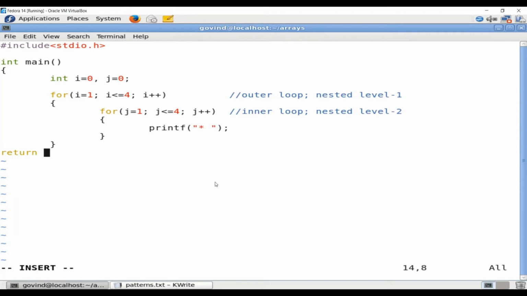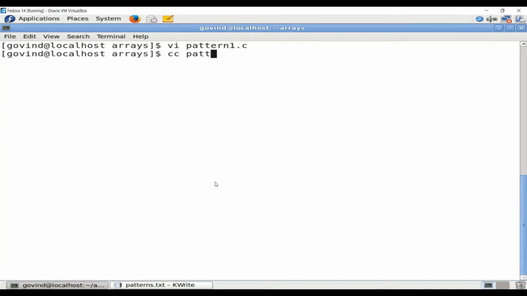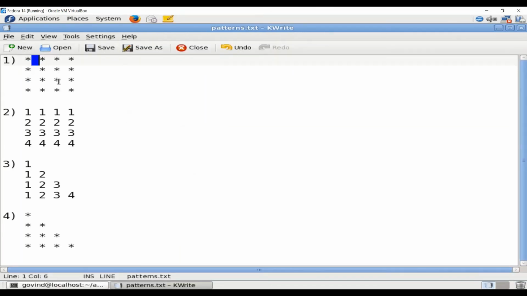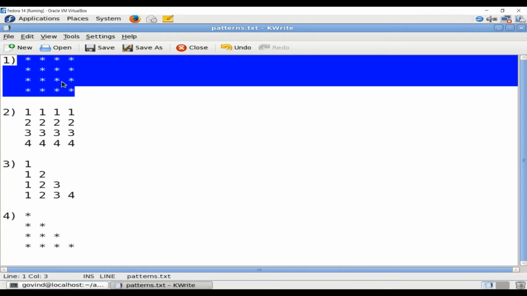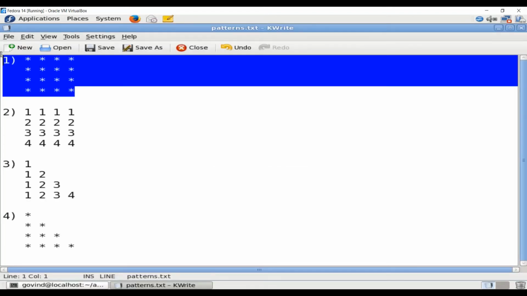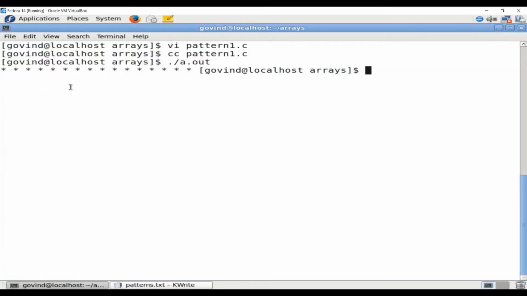So let us try to execute this program. As I already told, this program does not have any input, it only produces the output. Let me compile this program. Let me run it. What did I get? The answer that I was expecting was this, but the answer that I got is this. Does the answer match with the expected output? No. Let us see why it is so.